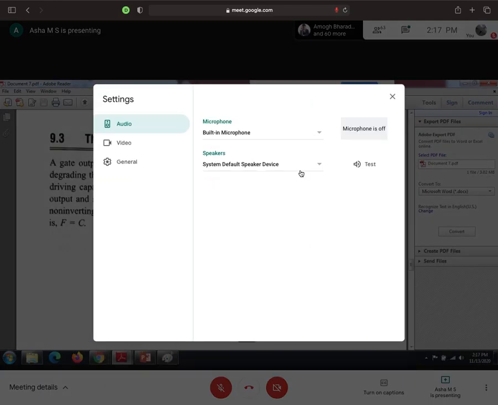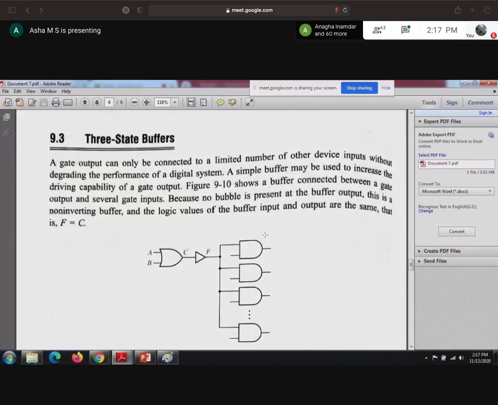The performance of the system should be as usual when you connect one output to more than one input. So we need to look at the performance of the digital system. Actually, it varies, right? Where one output will be coming, if the output is connected to more than one or two circuits as input, the performance of the digital system will vary or be degraded. So it should not happen like that.